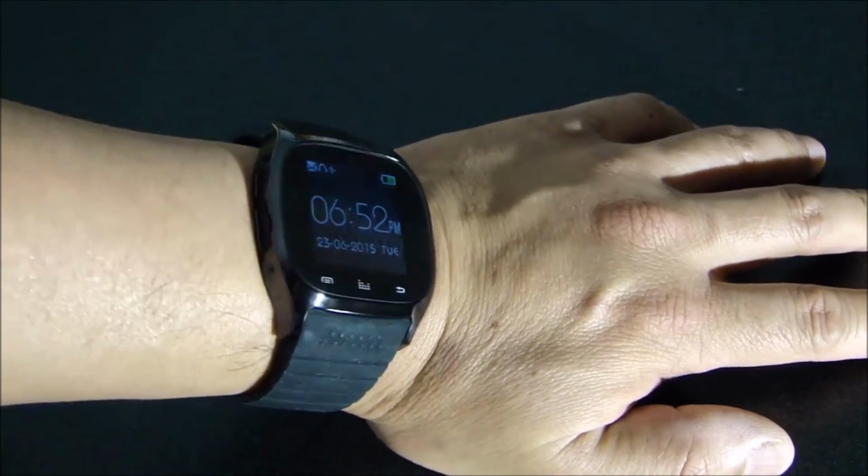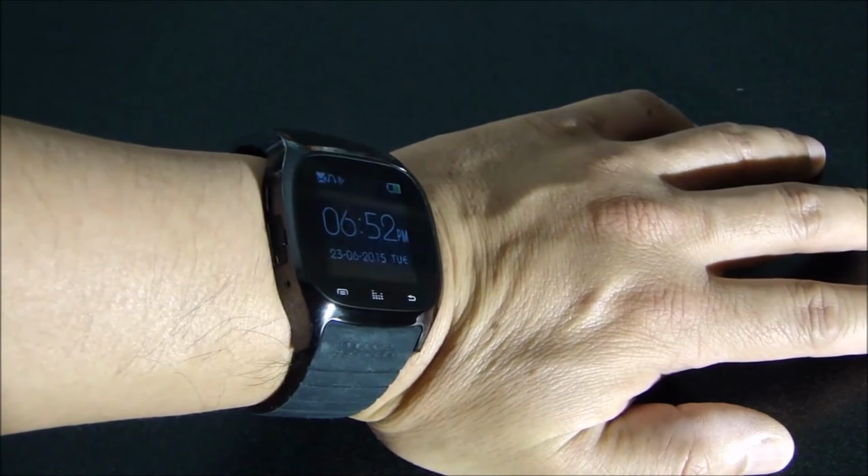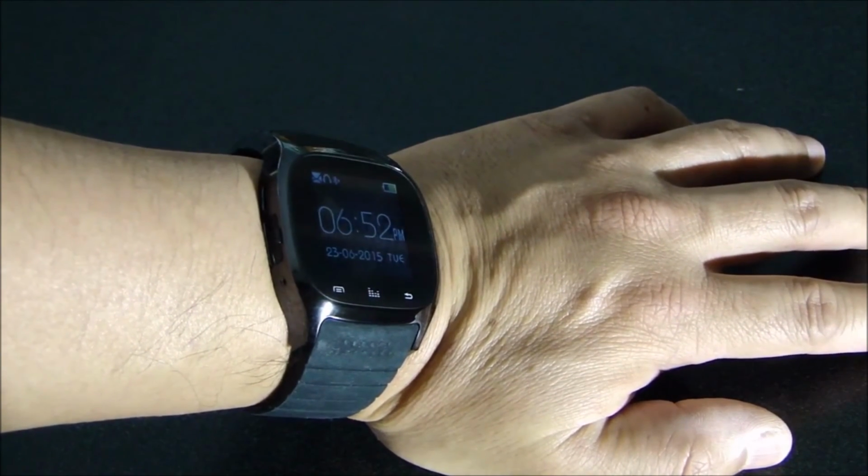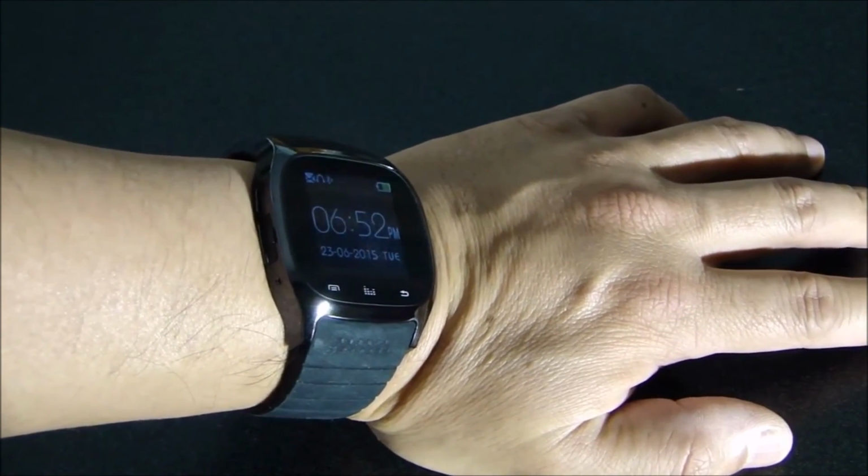So now that I've used this for a couple of days, I think I have a good idea of whether this watch is very useful or is more of a novelty item. And honestly, I think this is actually quite useful, and the reason I